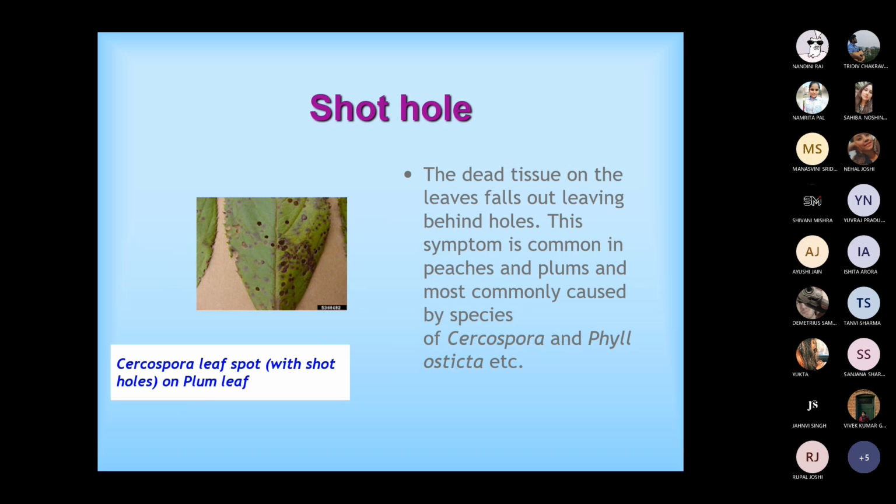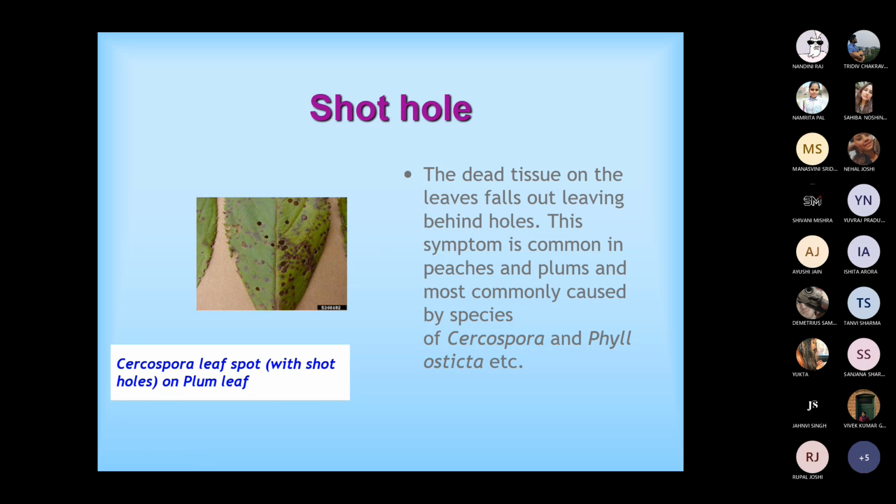Then shot hole. Shot hole means first dead tissue is formed, or a necrotic spot is formed, and then later with time this tissue falls out, leaving behind holes on the leaves. Those types of symptoms are known as shot hole. So dead tissue on the leaves falls out and leaves behind a hole, and this is very common in peaches and plums, most commonly caused by Cercospora and Phyllosticta. A Cercospora leaf spot on a plum leaf is shown here in the picture, which leads to this dead kind of tissue, and with time these dead tissues fall out, leaving behind the hole,